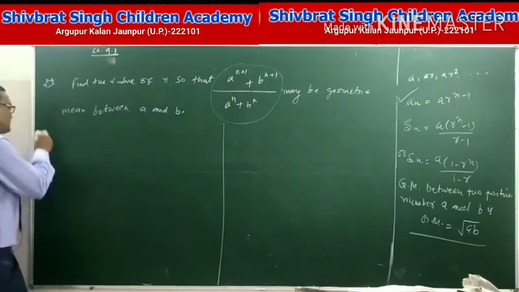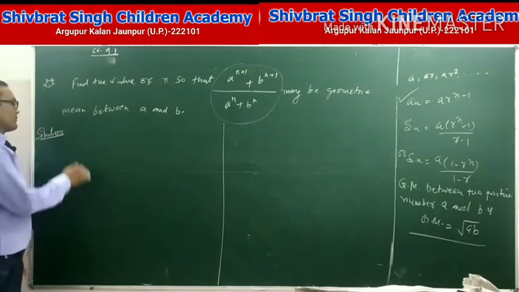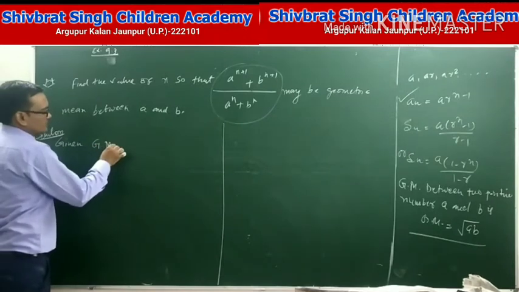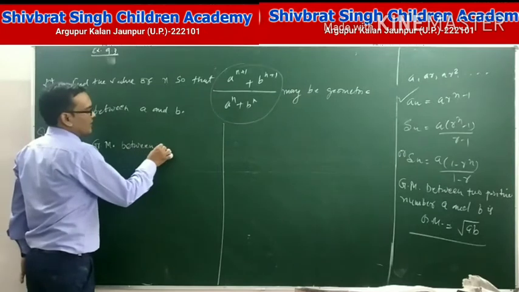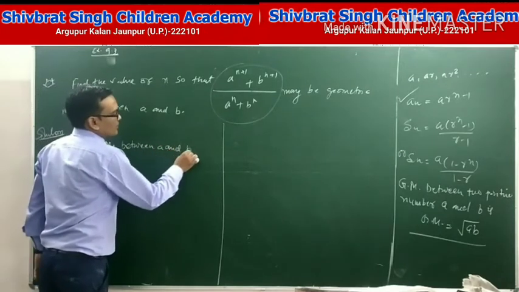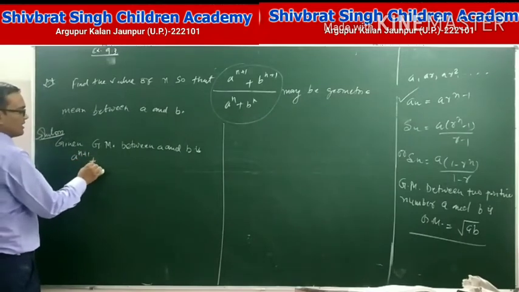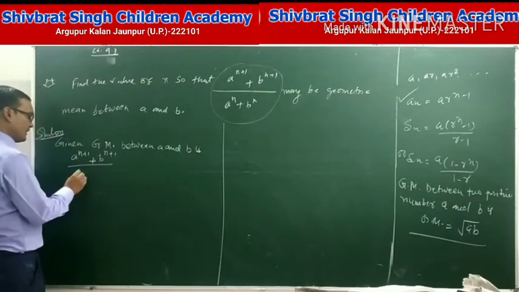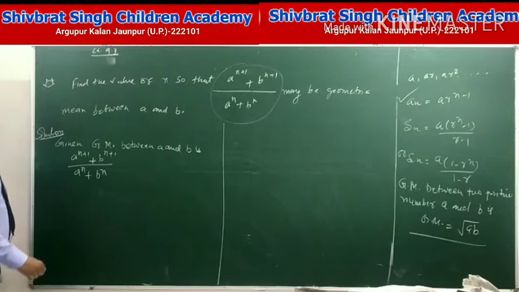Here is the solution. Given that the GM, that means the geometric mean between a and b, is (a to the power n plus 1 plus b to the power n plus 1) upon (a to the power n plus b to the power n). That means